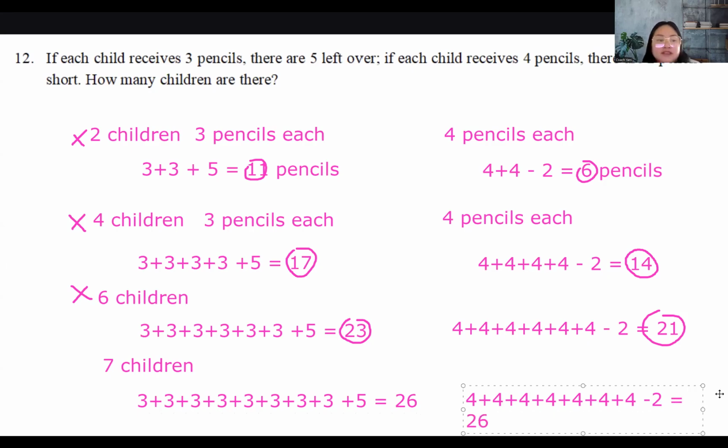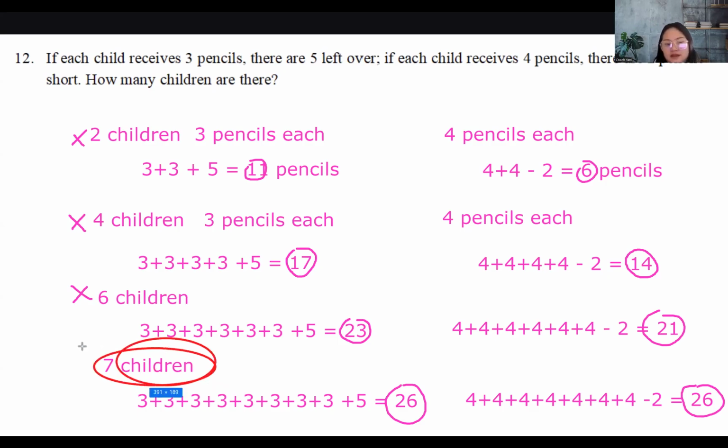So now we have our answer because the number of pencils are now equal to each other. So the answer here is 7 children. Or in your class marker, you can just answer 7. So you just try